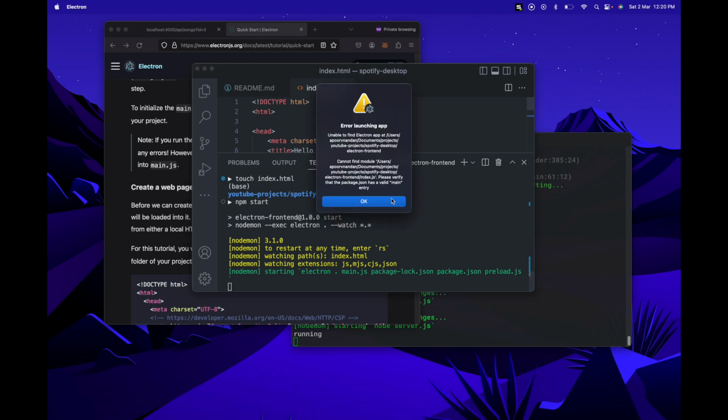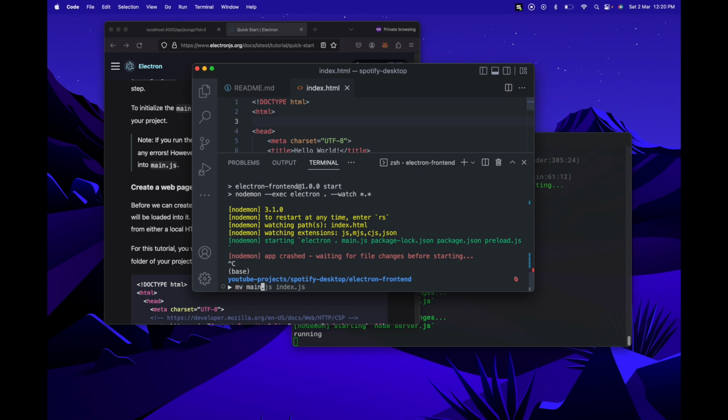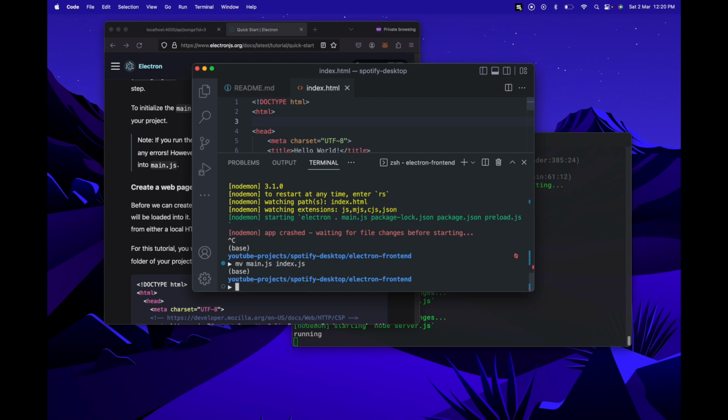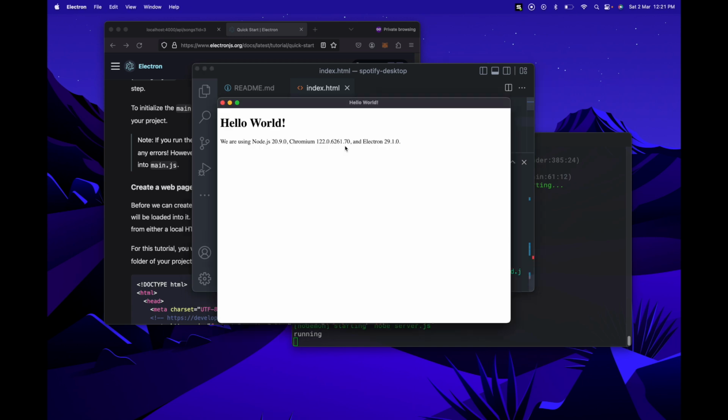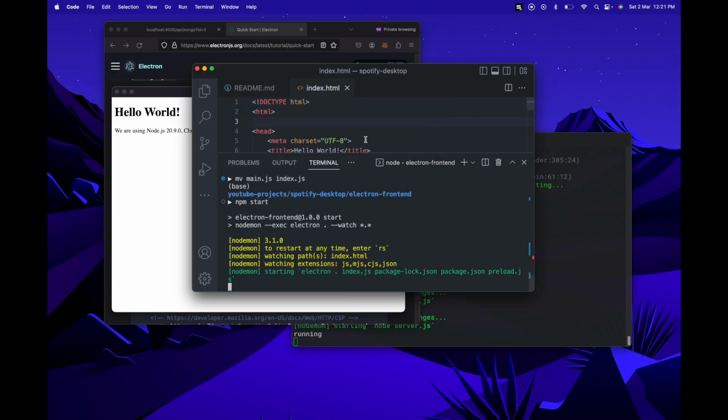If we go in here, okay, there's an error, cannot find index.js. Right. Okay, so we have this as index.js. Let me actually stop this process and rename main.js to index.js and then rerun npm start. Now we have our desktop application ready, and if we go in here